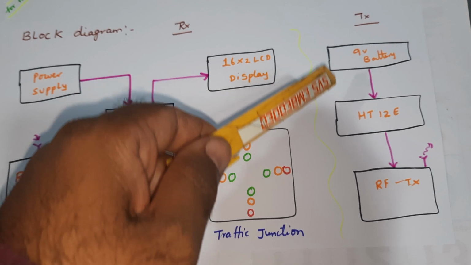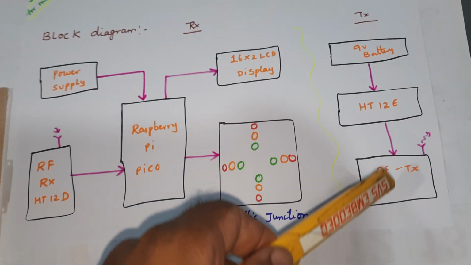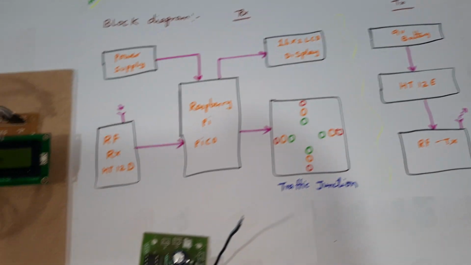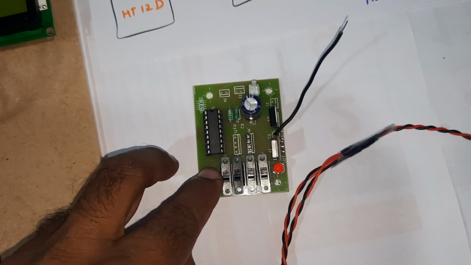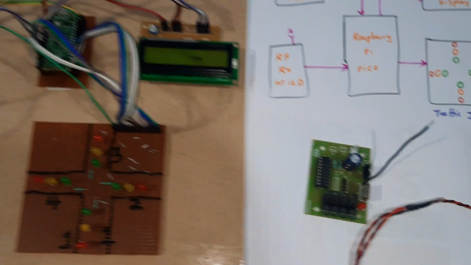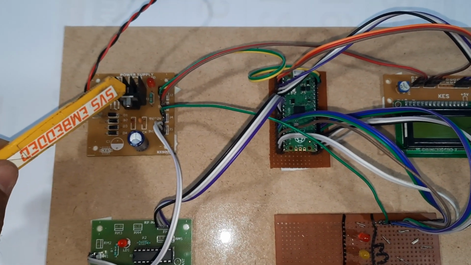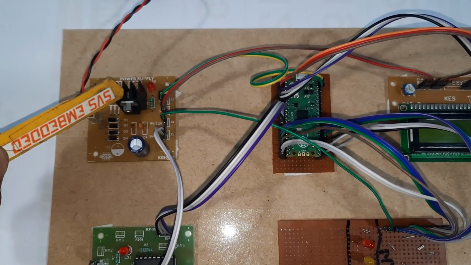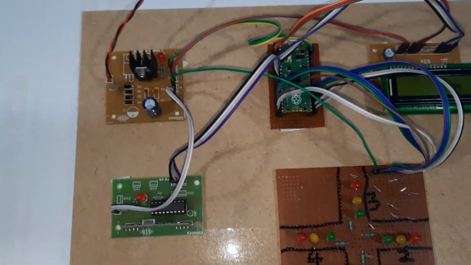And the RF transmitter, for the ambulance or VIP vehicle, is connected to a transmitter with 4 keys. Here we are using an RF transmitter with switch 1, switch 2, switch 3, switch 4 for lane 1, lane 2, lane 3, lane 4. We are using a bridge rectifier, filter capacitor, 7805 regulator and one LED. This entire section is called the power supply unit.